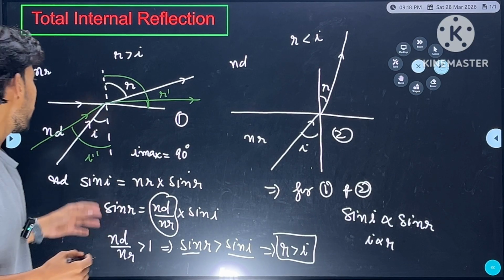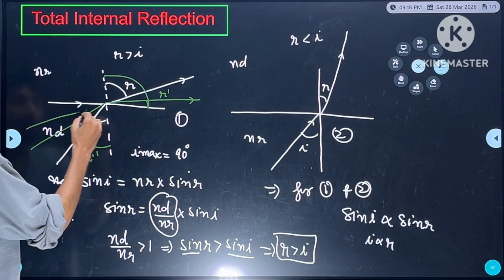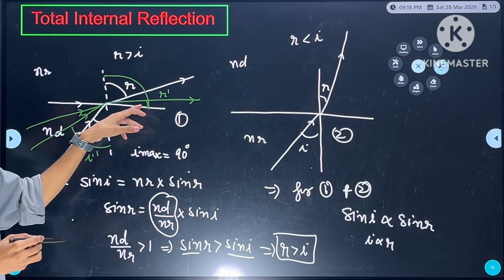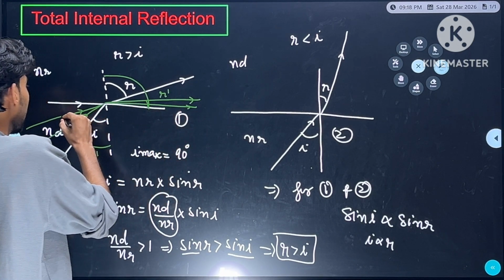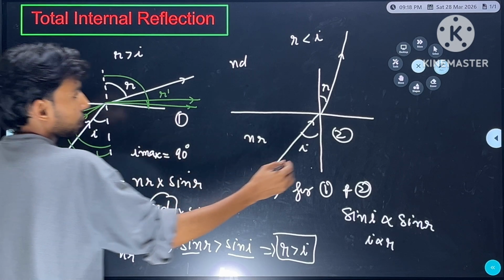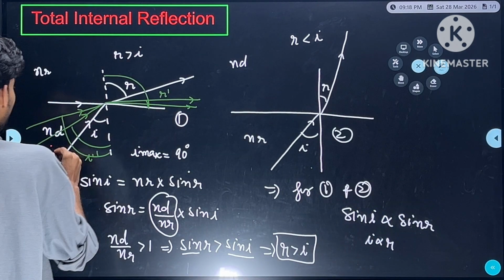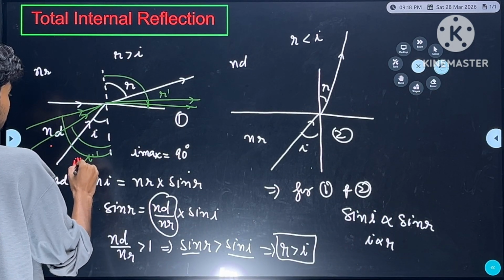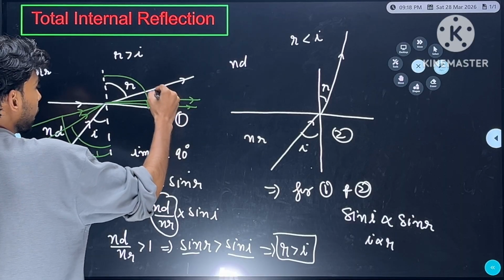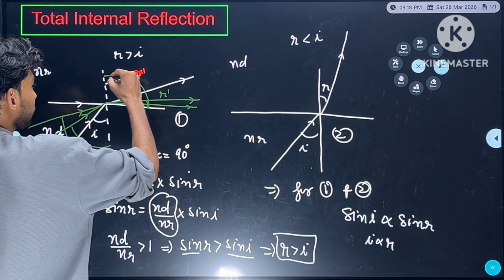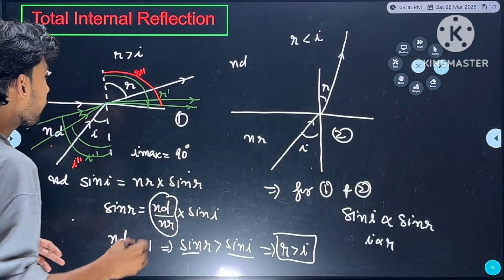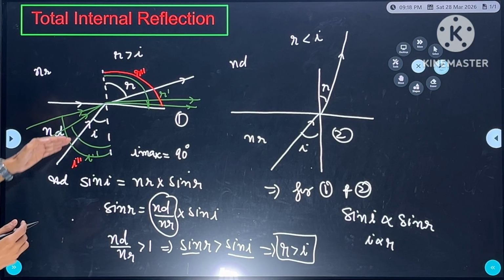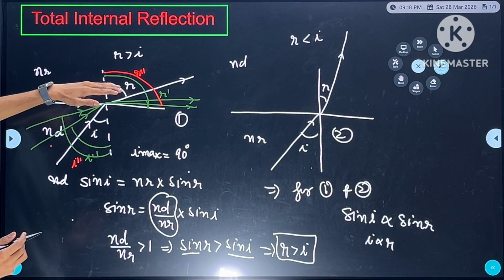Right? So if I further increase I, what will happen? This R will again increase, right? Now this R will be somewhere here. Let me write this angle as I double dash, and that angle let me write as R double dash. That bigger angle, na? This one. So what can you conclude here? If I start increasing I, then R will also increase.